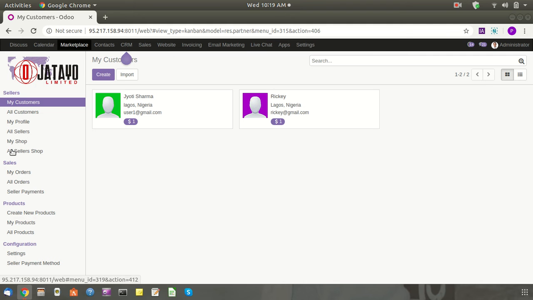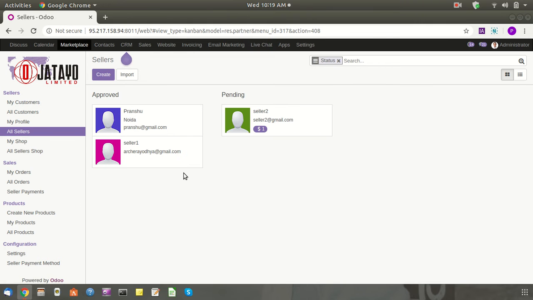Click on all sellers. If I remove this pending filter, I can see two vendors, Pranshu and seller 1, already approved, and a new vendor has come with the name seller 2.